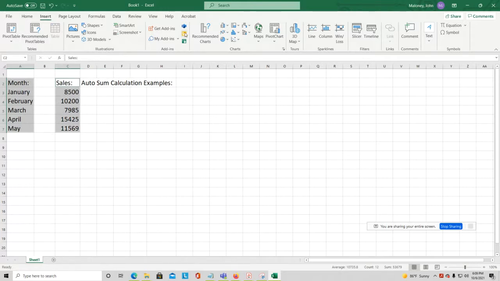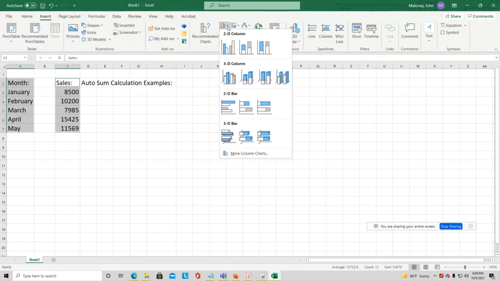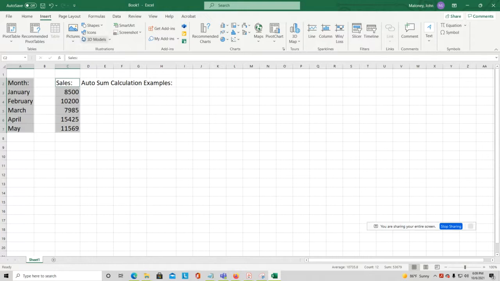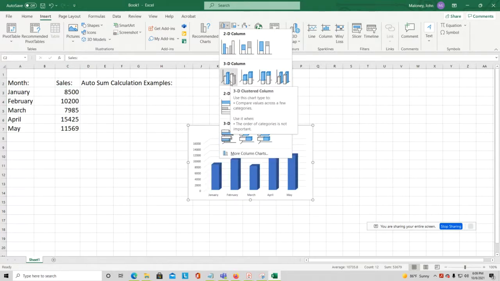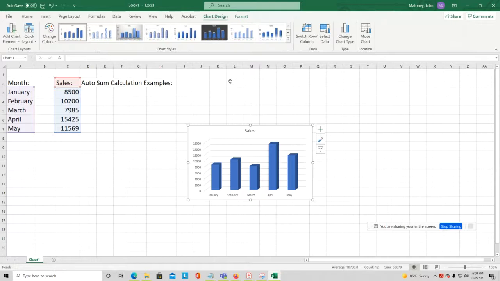So I go to Insert, and I come over to my charts, and I want that column chart that I just pictured, and I'm just going to click 3D column. Okay, boom. And then, oops, what happened? What the heck? Insert, chart, 3D column. Weird. Anyway, so it didn't take, but you notice, look, it's got sales based on this word here,